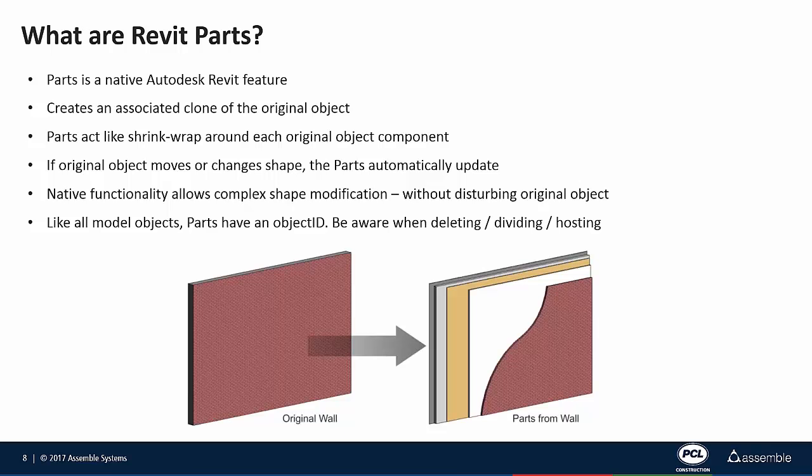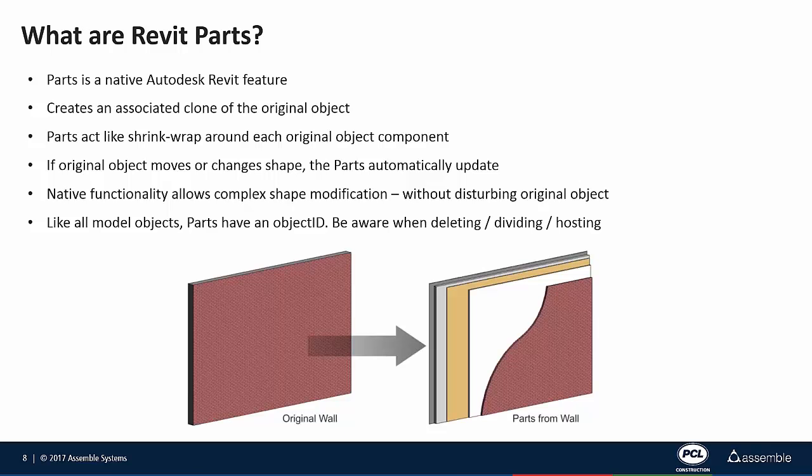So parts is a native Autodesk Revit feature that essentially creates a clone from the original object. Parts acts somewhat like a shrink wrap object around the original object. So if the original object moves or changes shape, the parts automatically update with the original object. There's quite a bit of native functionality that allows you to do some pretty complex shape modifications, all without disturbing